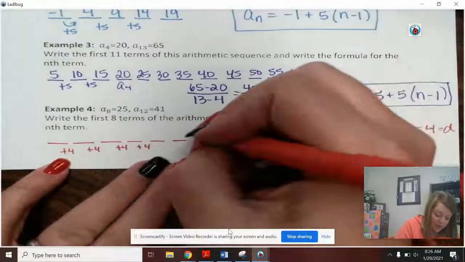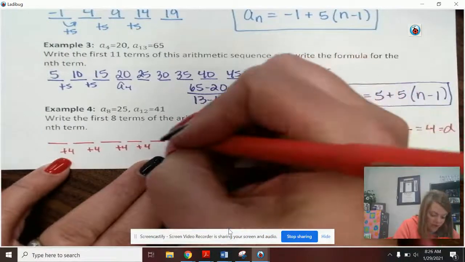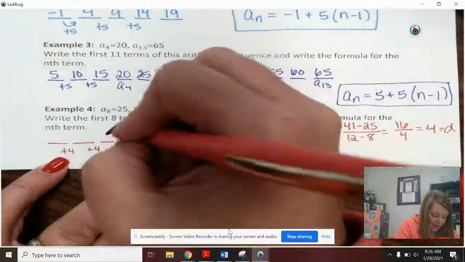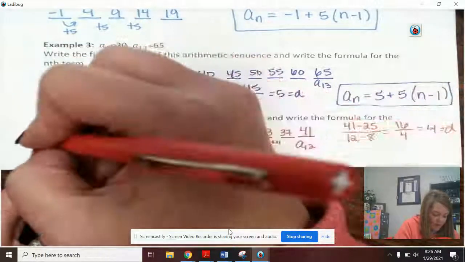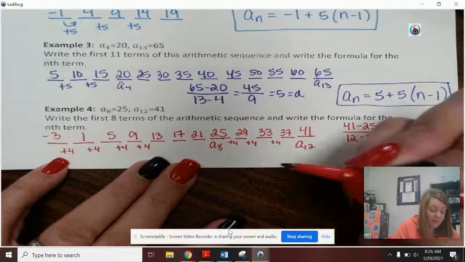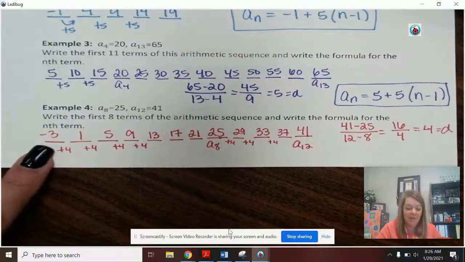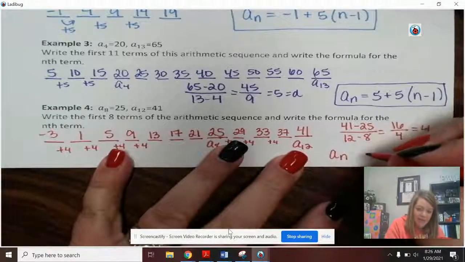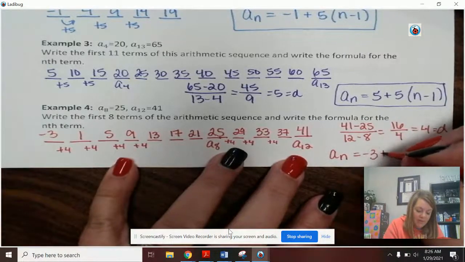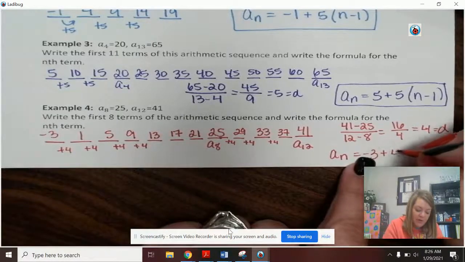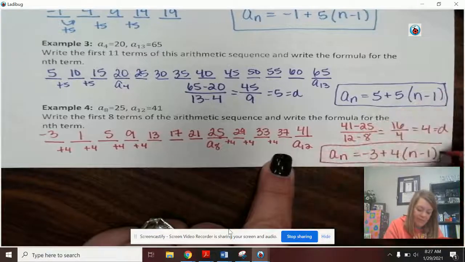So 25 minus 4 is 21, minus 4 is 17, minus 4 is 13, minus 4 is 9, minus 4 is 5, minus 4 is 1, minus 4 is negative 3. Now I have my a sub 1 and I have my d, so I can write my formula. So it says a sub n equals the first term, negative 3, plus d, which is 4, times n minus 1. Okay,